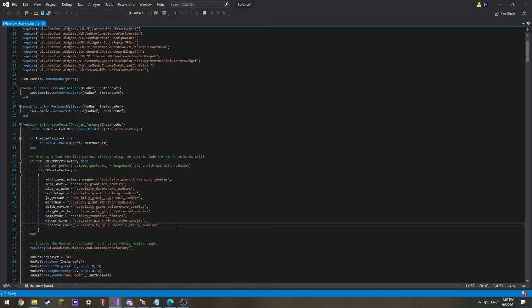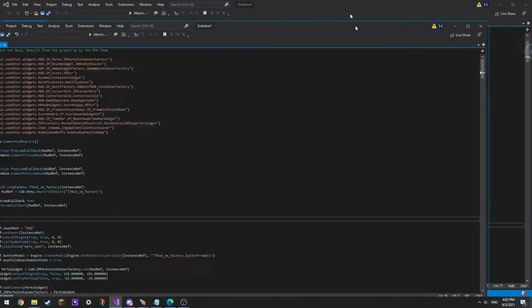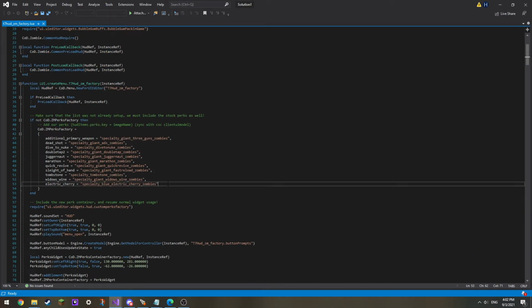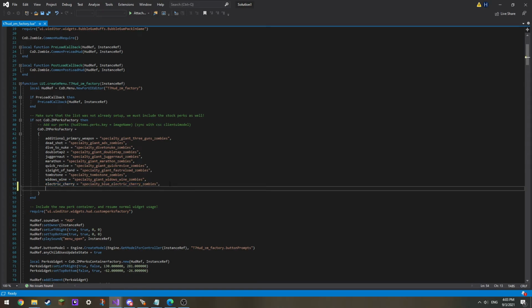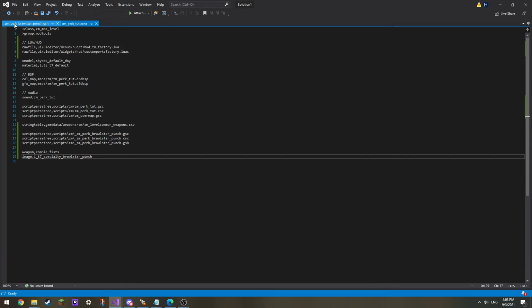So what you're going to want to do is in your actual HUD file. This is not my actual HUD file. This HUD file actually hasn't been in use because I forgot to LUA load it, so it wouldn't have showed up anyway. But what you gotta do is inside this stuff that you just added, you find the last line, it should be electric cherry. You put a little comma in there, and then you need to reference back to your GSH